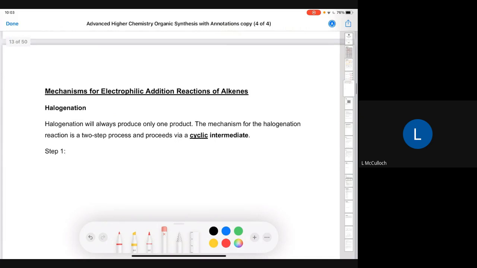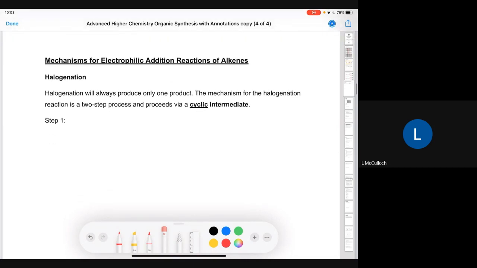Right, so we are now going to go on to look at mechanisms for electrophilic addition reactions of alkenes. Now, the first one that comes up in this booklet is halogenation. We are not going to look at halogenation today. We'll look at halogenation on Thursday, because we've just talked about carbocation intermediates, and halogenation doesn't use a carbocation intermediate. It uses a different intermediate. So what we'll do is we'll skip past halogenation,